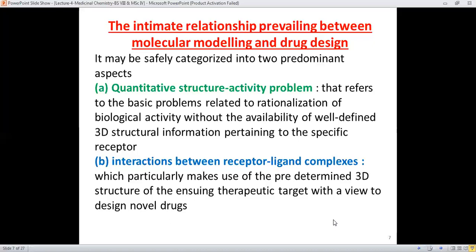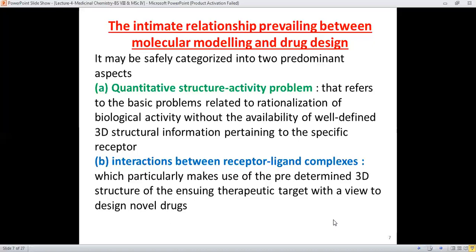It means that if we have not rationalized the biological activity, we have not designed the protocol, and we do not know what type of biological activity the drug will show, but we haphazardly synthesize them. It means that economically it will be negative, all money, time, and energy will be wasted.